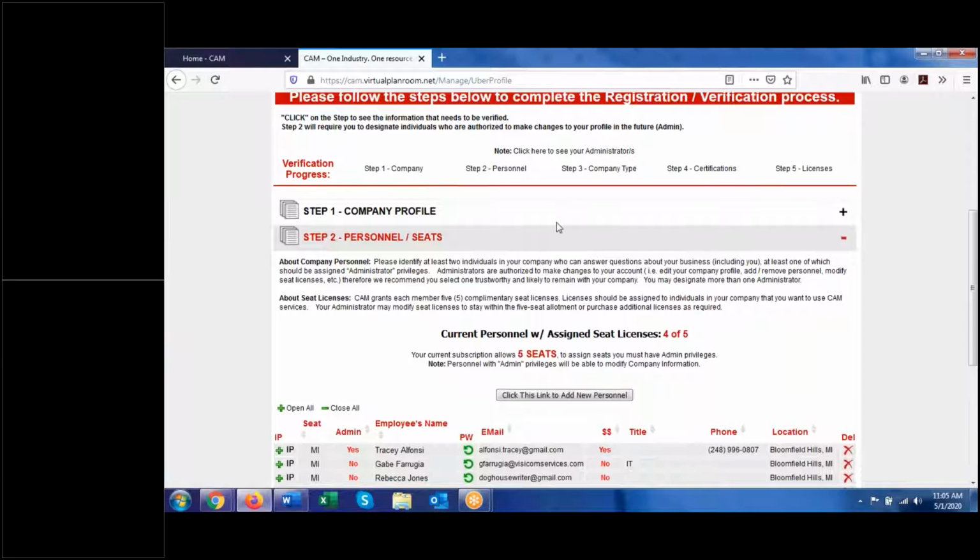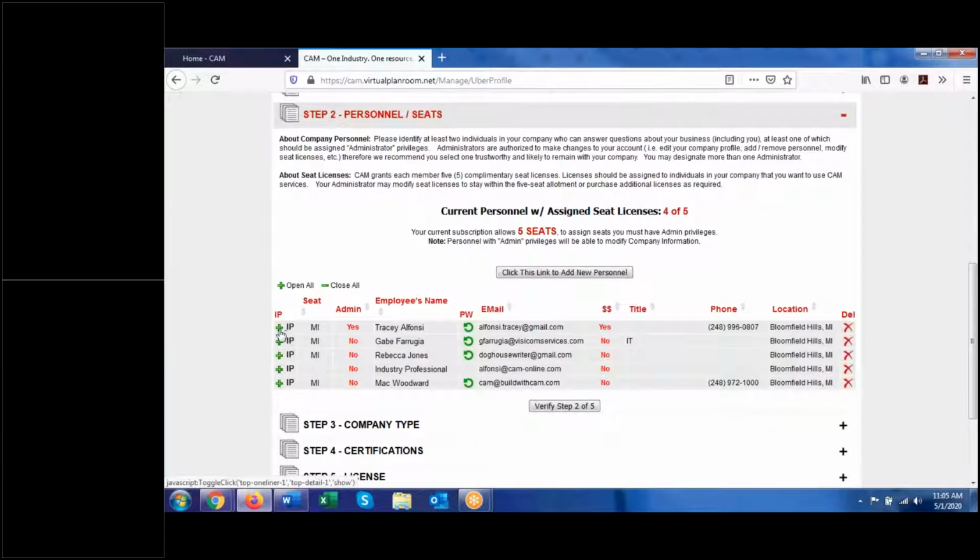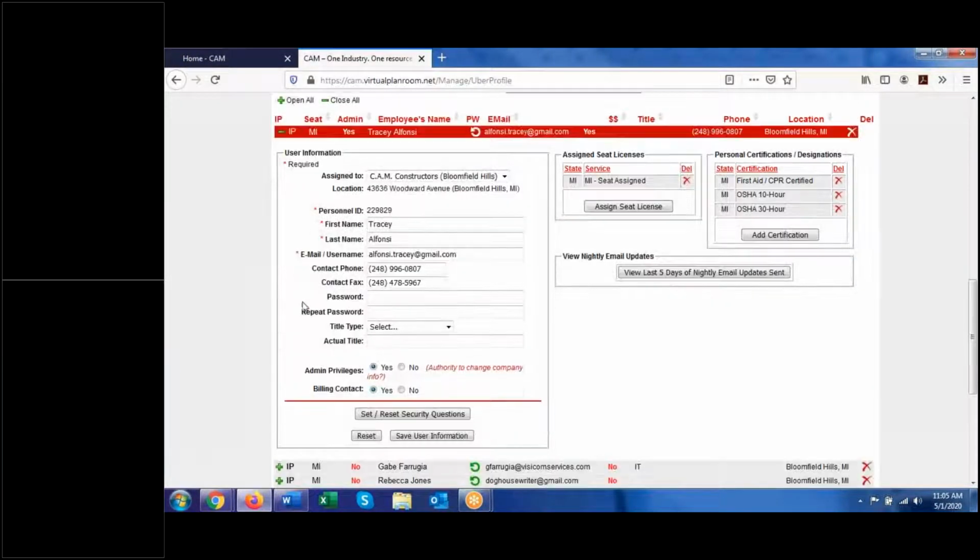seat licenses. So down here, if you push this green plus symbol here, this will give you a detailed record on the people on your team. They have to have a seat license to access projects. So you can assign a seat license here. Every subscription comes with 5 seat licenses. If you need more than 5, you can contact us and we can give you pricing for adding additional seats